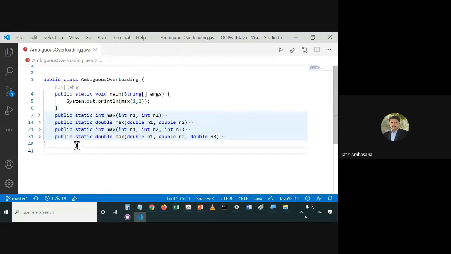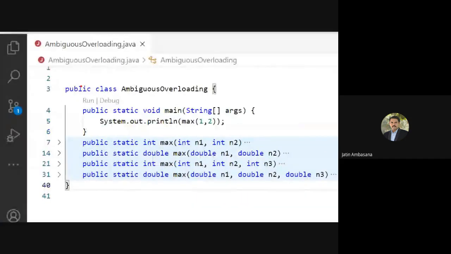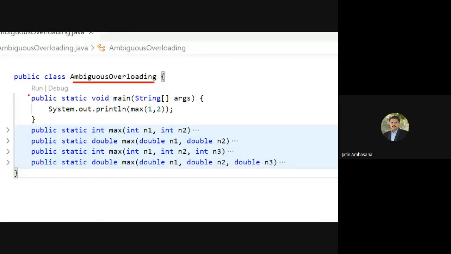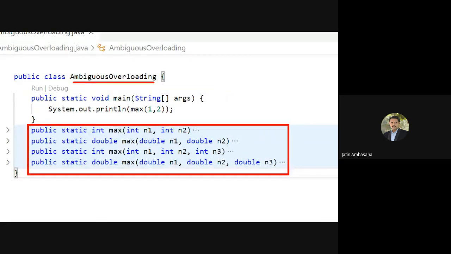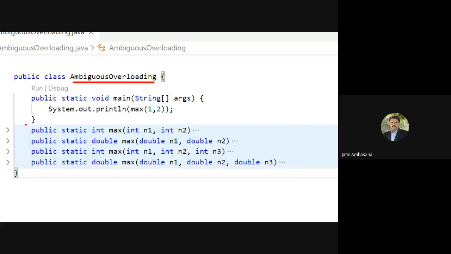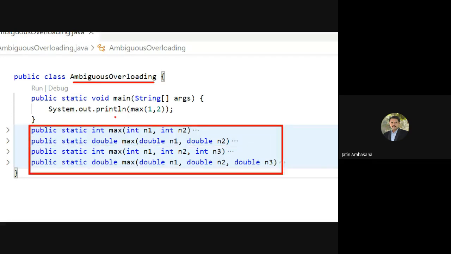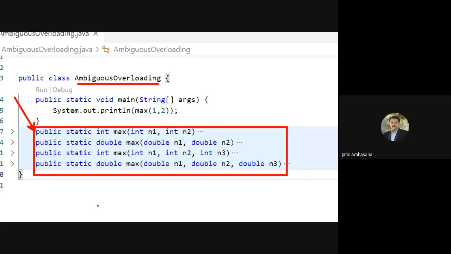You can see over here, I just minimized it. This ambiguous overloading class has, along with main, 4 methods, of which max is overloaded. In fact, max itself is overloaded, so there are 4 overloaded methods with the same name.